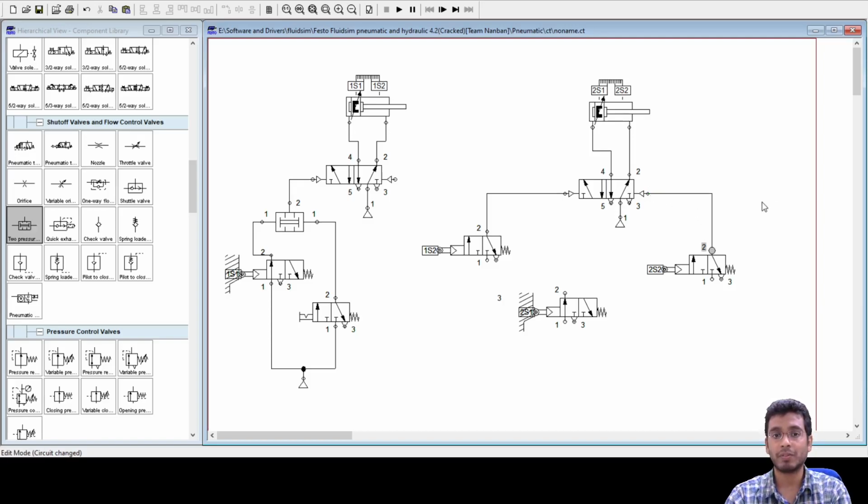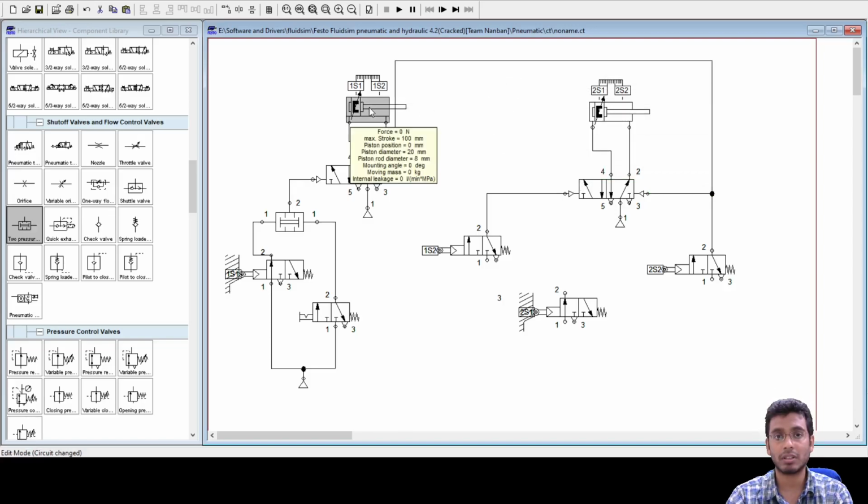No, sir. No, but then see, I told you both the cylinders should retract. So that means you have to connect this to this also, and you have to connect this to this also. Yes, sir. Correct. So this should be my circuit.